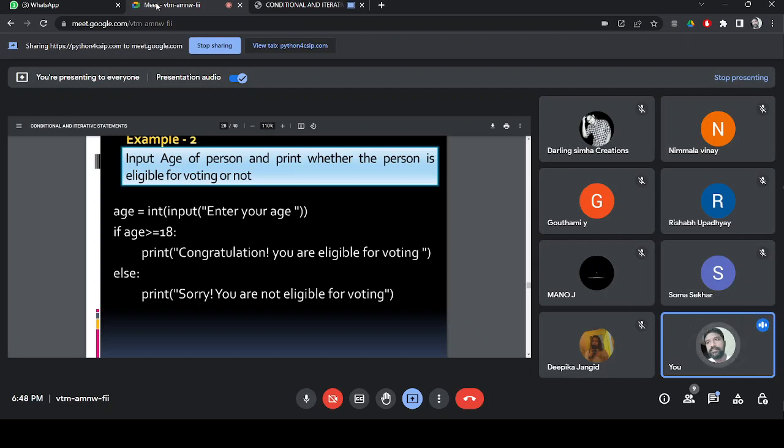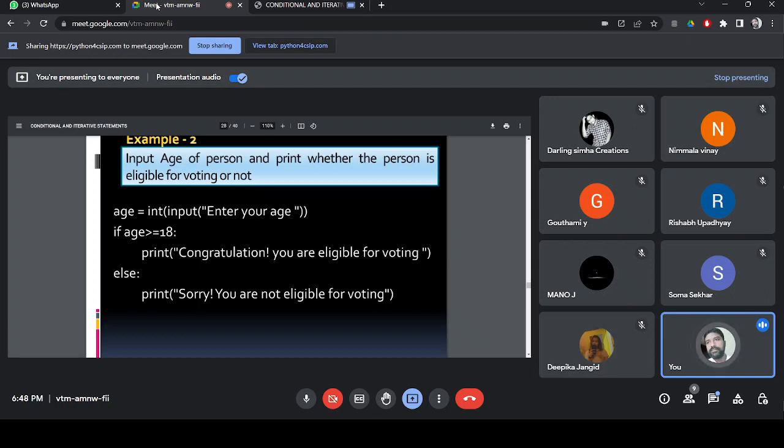Action and alternative action can be executed with the help of if else. Please ensure that if the condition is true, the congratulation message is displayed, not the apology message. The apology message should not be displayed.